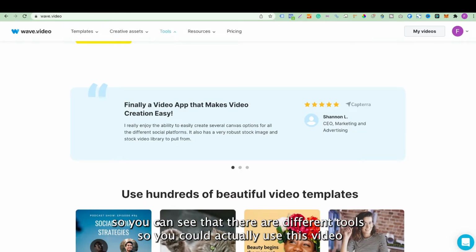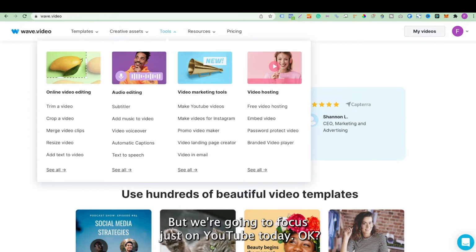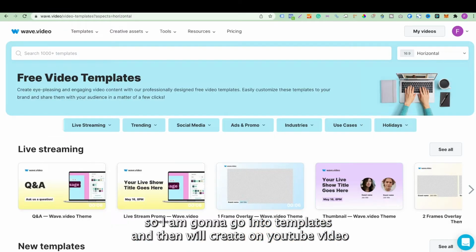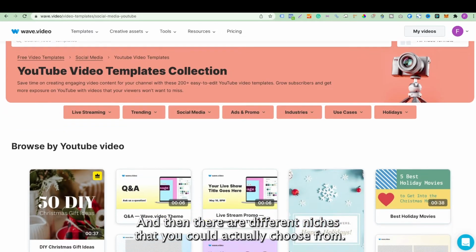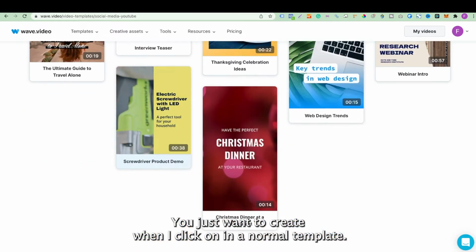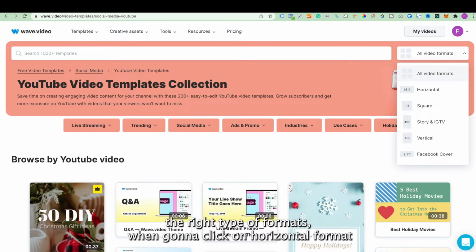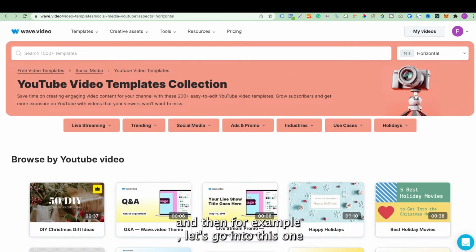So you can see there are different tools, so you could actually use this video for different purposes, but we're going to focus just on YouTube today, okay? So you will go into templates and then you'll create on YouTube, okay? So I'm going to go into templates and then we'll create a YouTube video. And then there are different niches that you could actually choose from, but what we're going to do is just click on a normal template. But first of all, we want to make sure that we're using the right type of format. So we want to click on horizontal format, and then for example, let's go into this one,